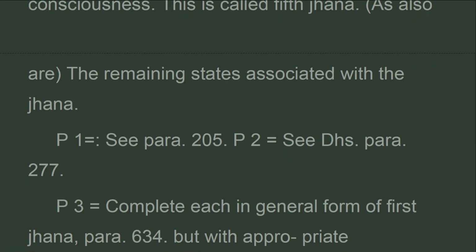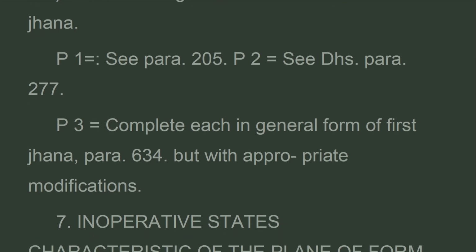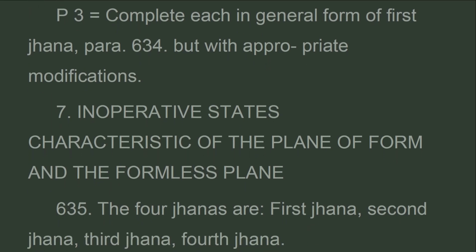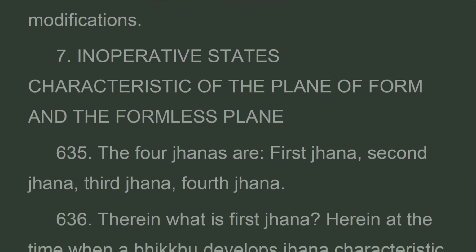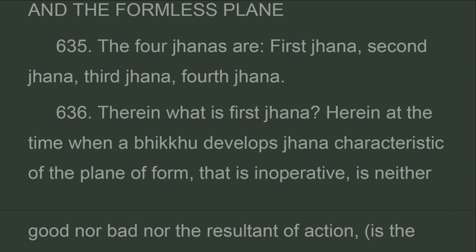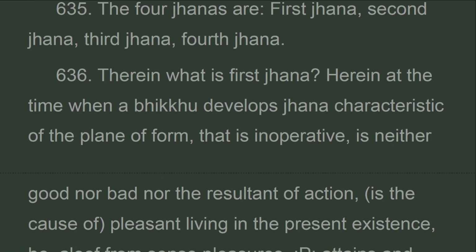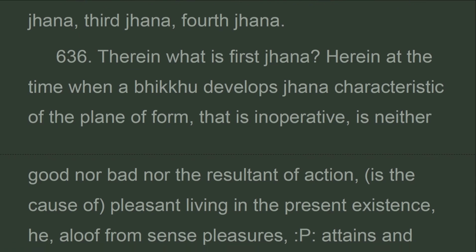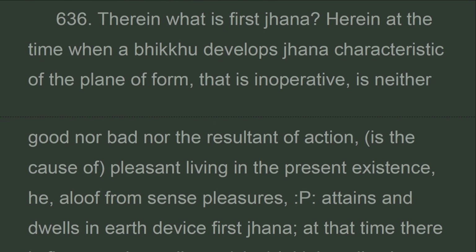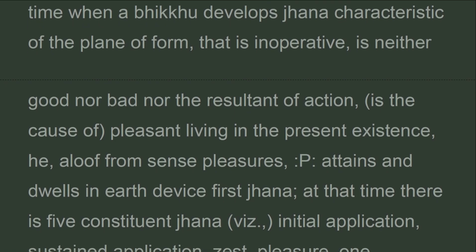P equals CDHS. Para. Complete each in general form of first jhana, para, but with appropriate modifications. Inoperative states characteristic of the plane of form and the formless plane. The four jhanas are first jhana, second jhana, third jhana, fourth jhana. Therein what is first jhana? Herein at the time when a bhikkhu develops jhana characteristic of the plane of form that is inoperative, is neither good nor bad nor the resultant of action, pleasant living in the present existence, he,